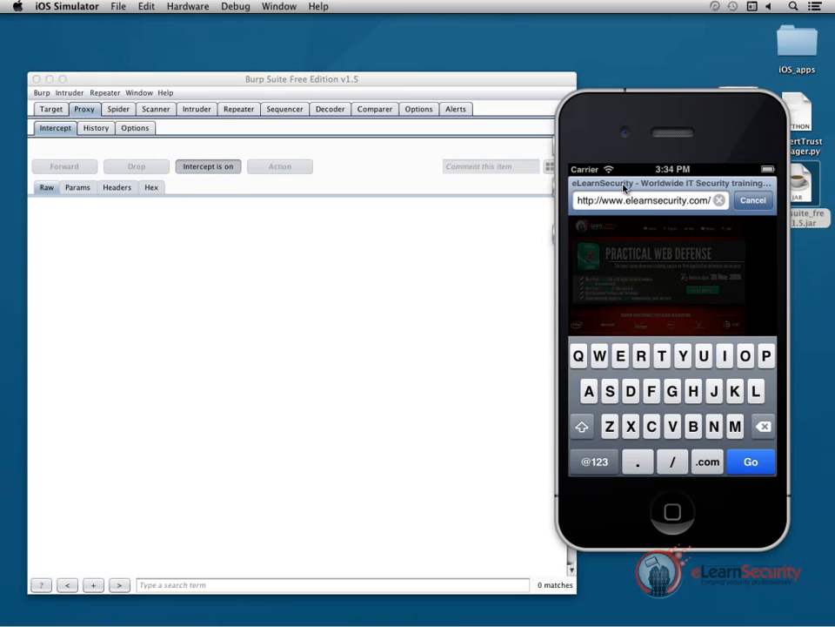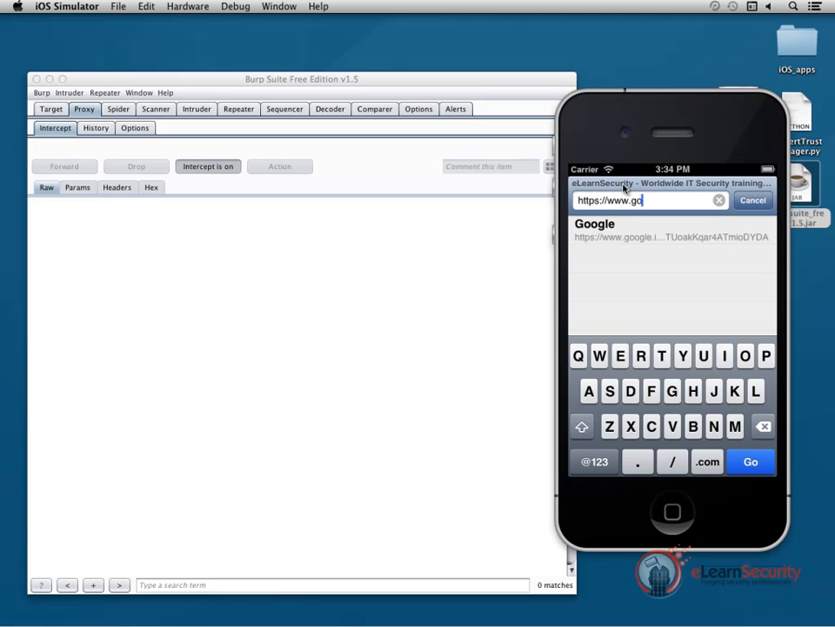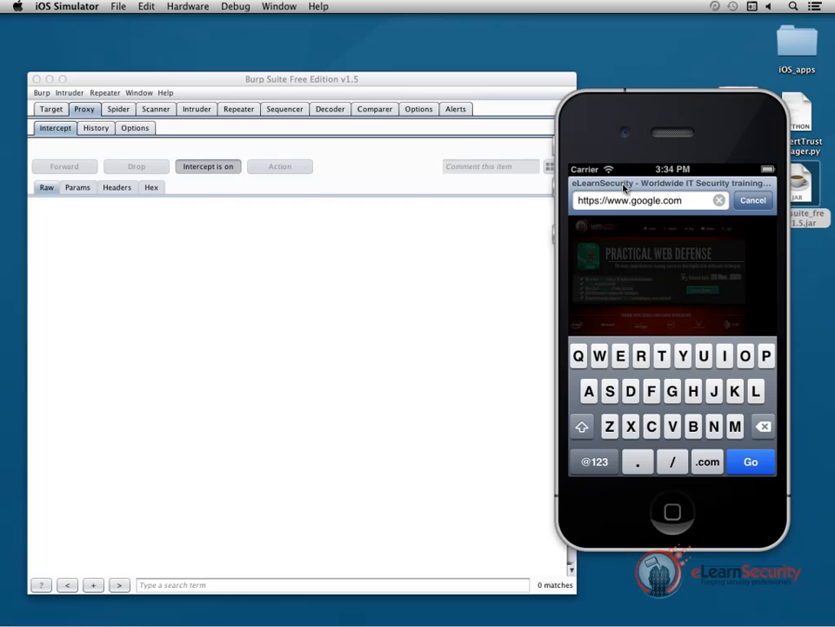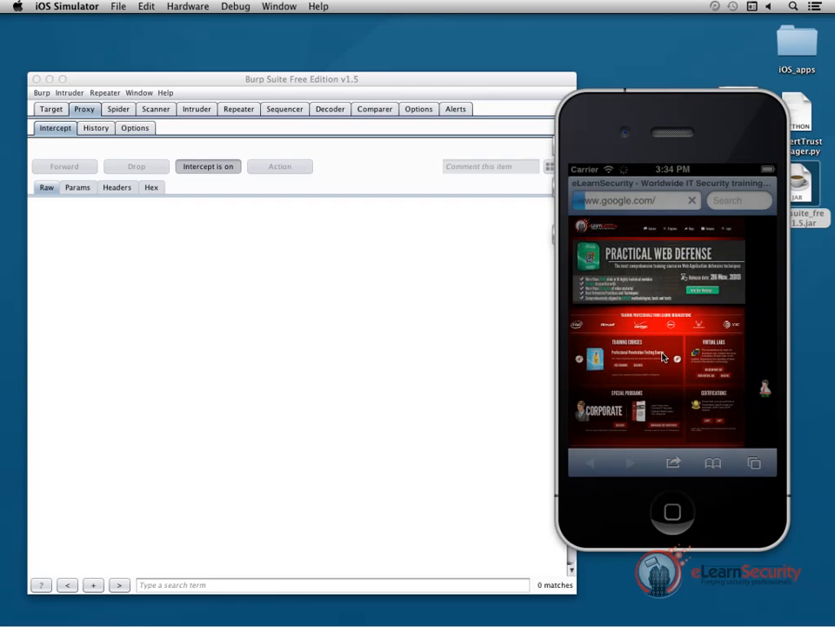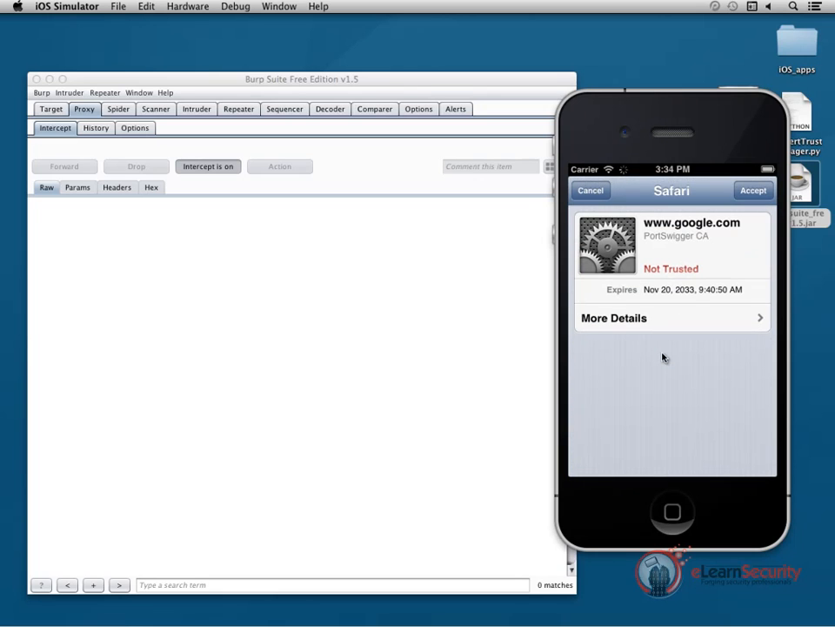Let's try to open the address https://www.google.com. As we can see, a warning appears on the phone screen and Burp doesn't intercept any message. This happens because the phone doesn't trust the certificate that Burp is providing. If we click on the details, we can see the writing "not trusted," and we can get more details about